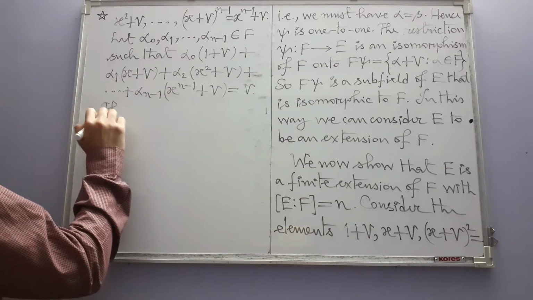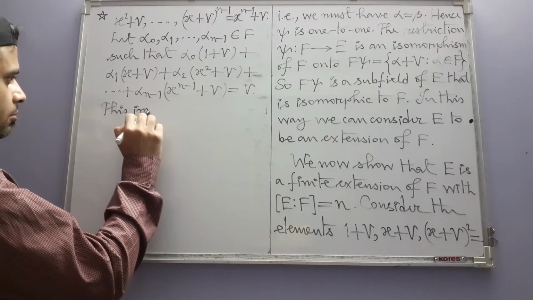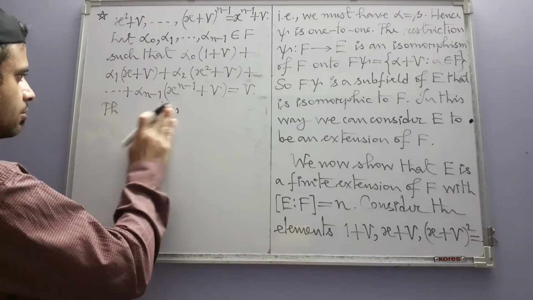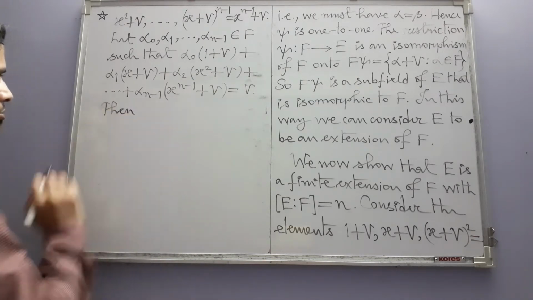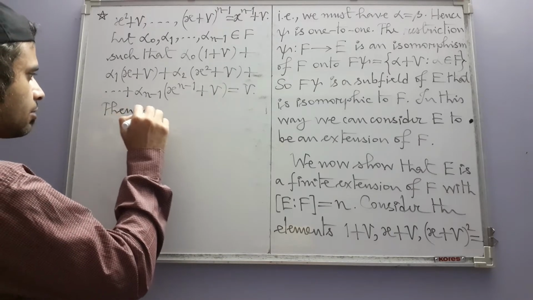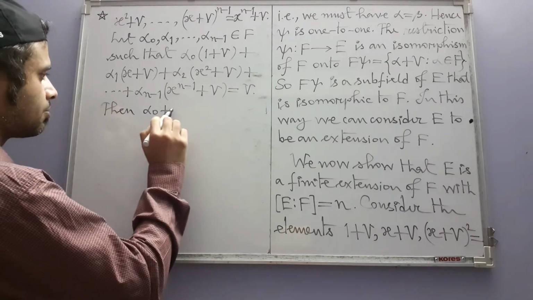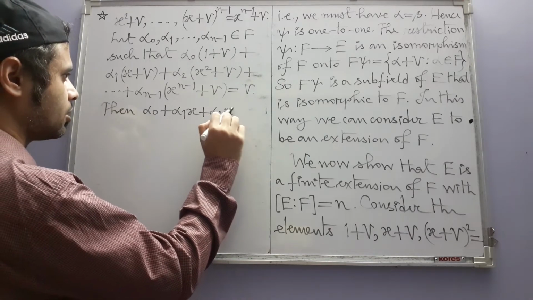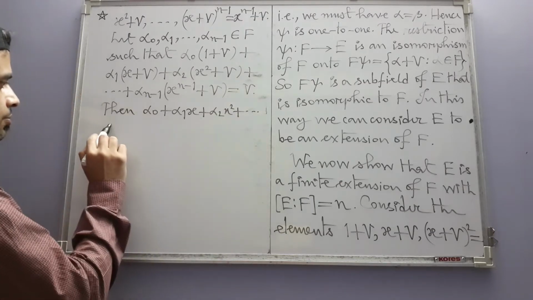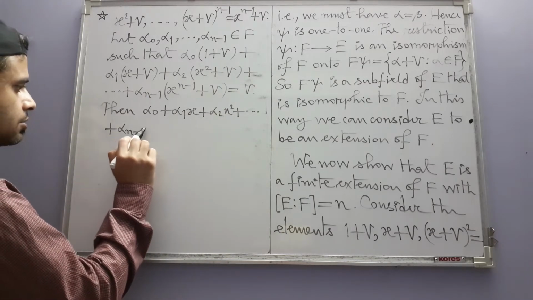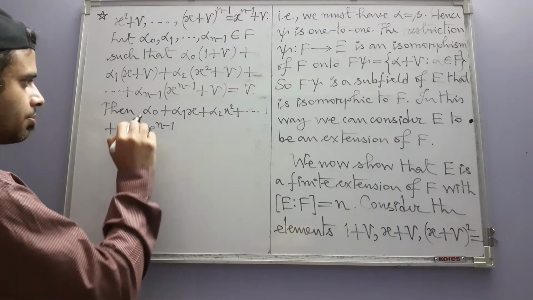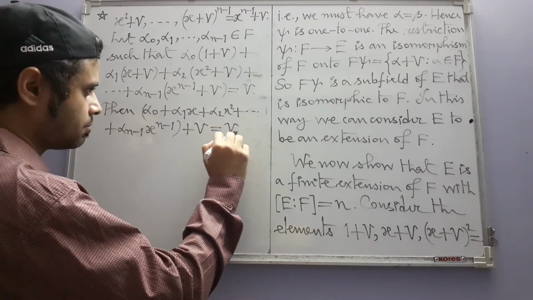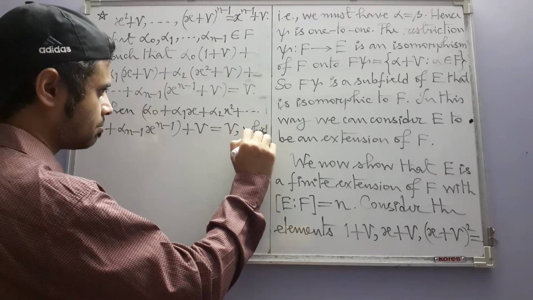This implies, then we have alpha naught plus alpha 1 x plus alpha 2 x square, etc., plus alpha n minus 1 x to the power n minus 1, plus V is equal to V, which implies